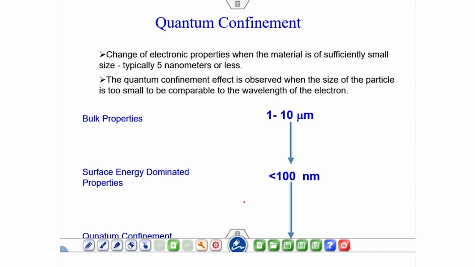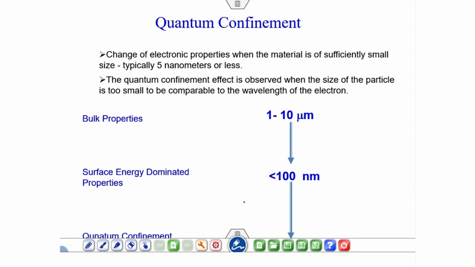Okay. As you know, this diagram at the bottom I have shown you earlier in the first 1 or 2 lectures. So, quantum confinement is observed when the size of the particle is too small to be comparable with the wavelength of the electron. This is something which you must remember. This is only observed when the particle size is comparable with the wavelength of the electron, right? Same thing can happen with phonons also. If the phonon wavelength is comparable with the dimension of the material,